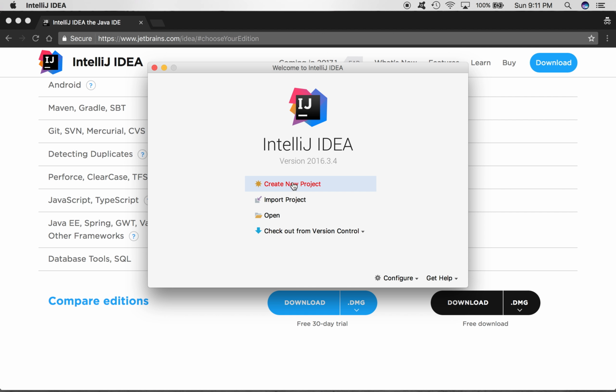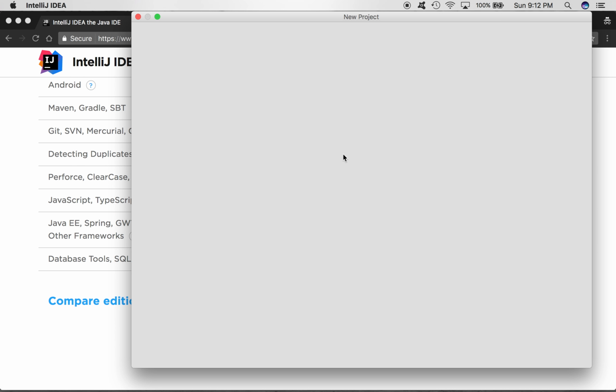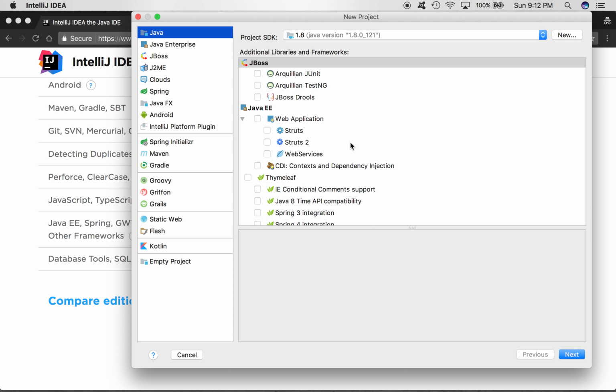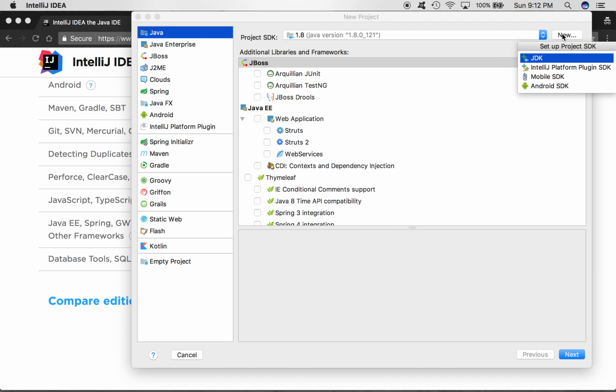Now, the next thing we're going to have to do is select create new project. This is a pretty important step because what we're going to be doing now is basically linking the Java JDK that we installed earlier in this video to our IntelliJ IDE. Now, what you're going to want to do is select this new button right here, select JDK,